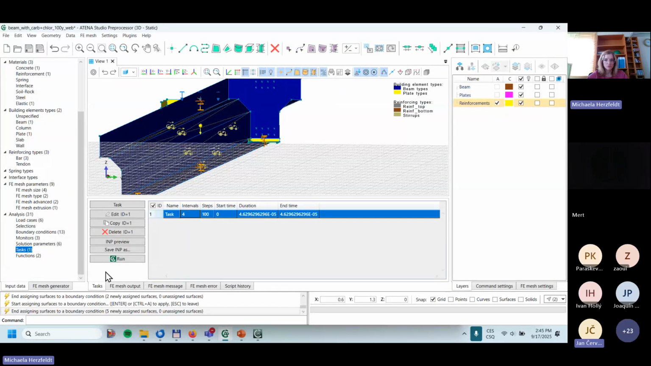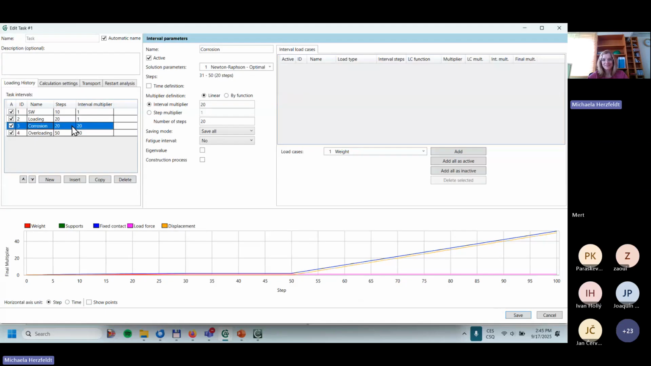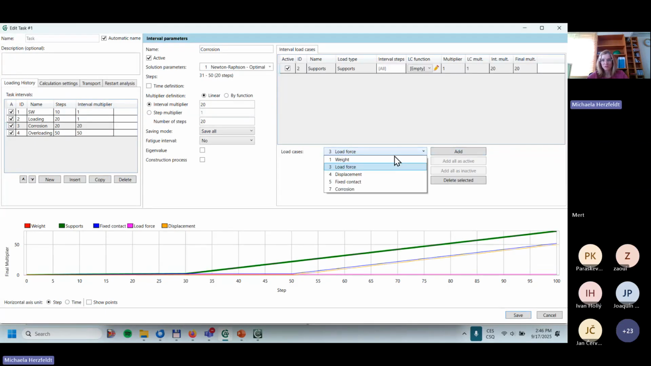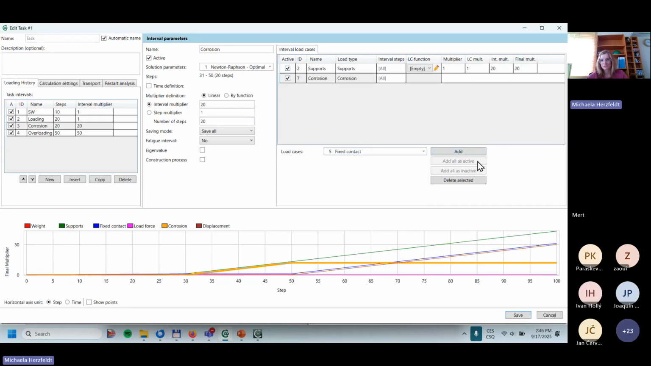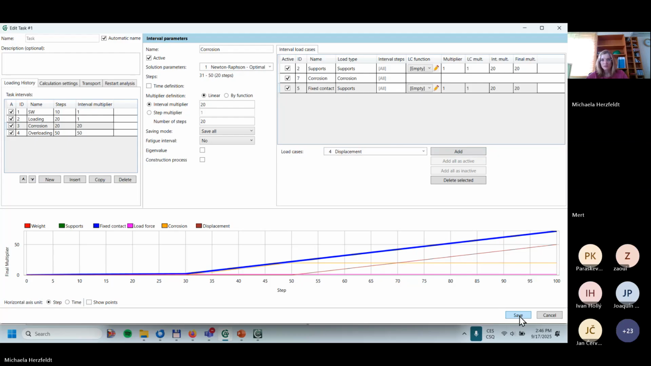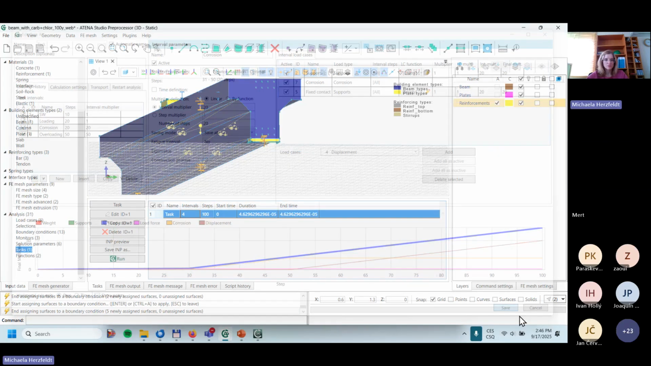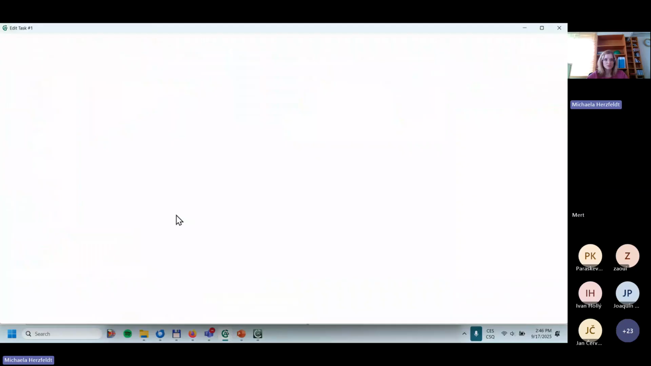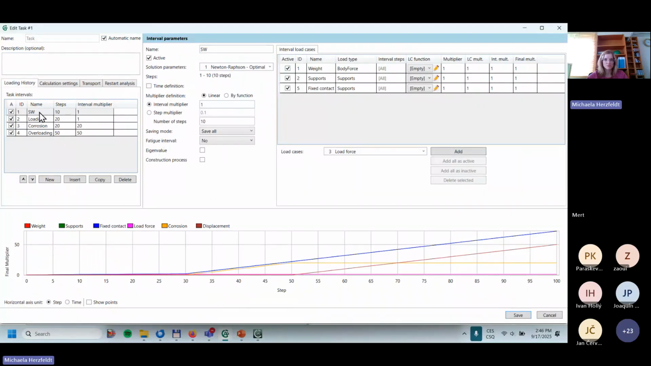Okay, so Michaela, you forgot to add the load cases to the corrosion case. Oh, sorry. Thank you very much. That is really bad. Okay, support, corrosion, and yeah, fixed contact. Thank you. So yeah, I'll just rather double check it, like first interval, second,